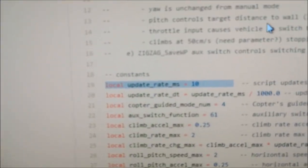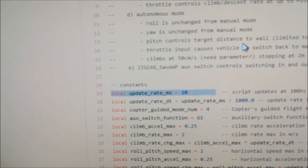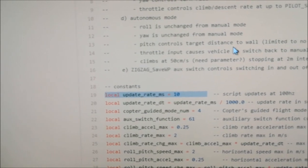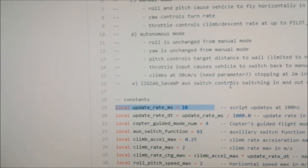And I was also looking at it, and then I saw this number here, an update rate of 10, which means 10 millisecond, which means 100 Hertz. And this number really is the number which got me. 100 Hertz, that's really something